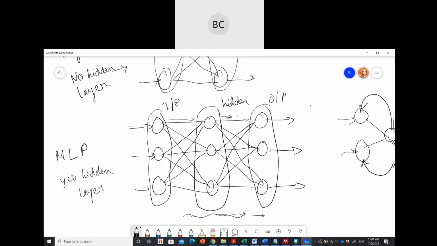Okay, and it's up to you how many hidden layers. It can be 1, 2, 3, 4, 5, and it's totally application dependent. But one thing you should remember is if you increase the hidden layers, the complexity of the model will increase greatly. So you should try to manage with a smaller number of hidden layers. Minimum level is like 2 or 3. People can go for 5, and sometimes if your database is very large, then you can go up to 10.